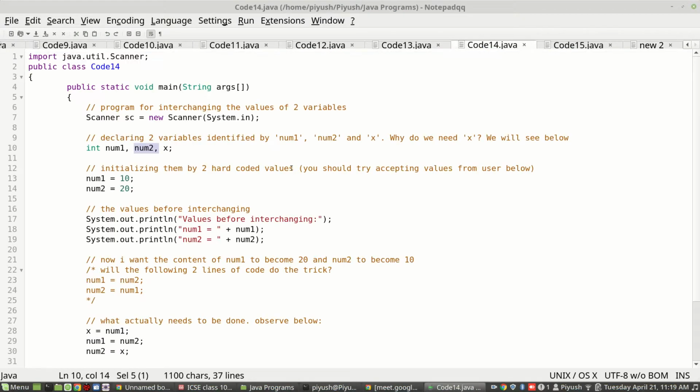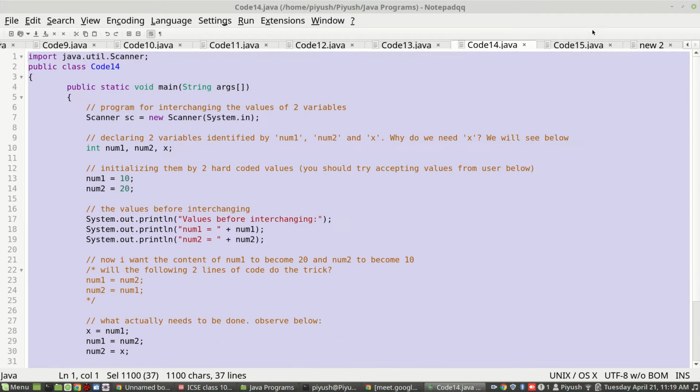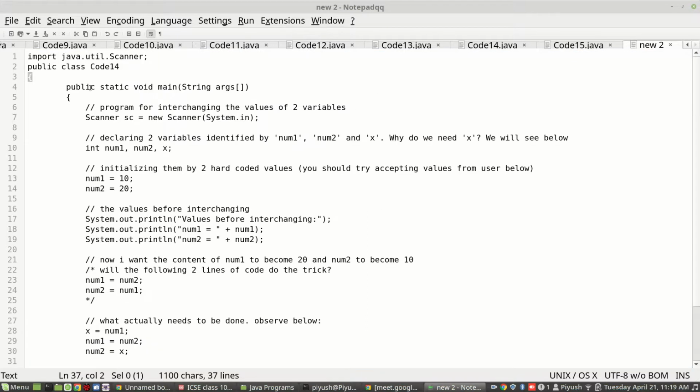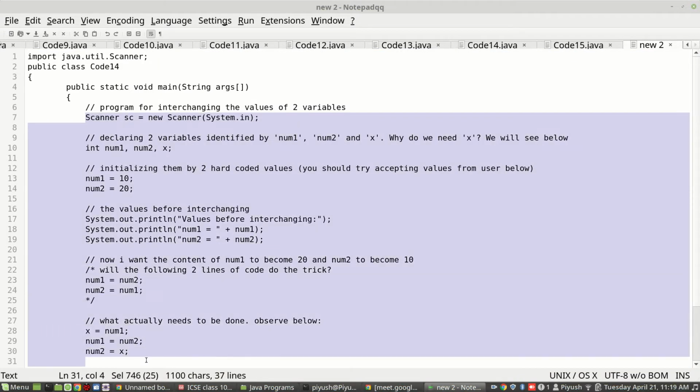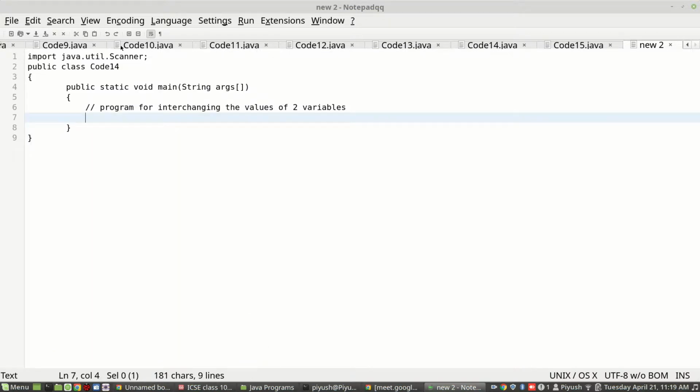Fine. So I'll just write a new program for you guys, very fast. Okay, interchanging two variables by simply interchanging their values.